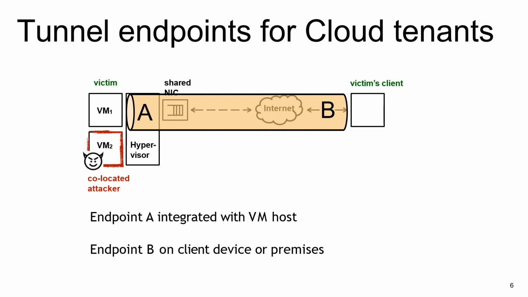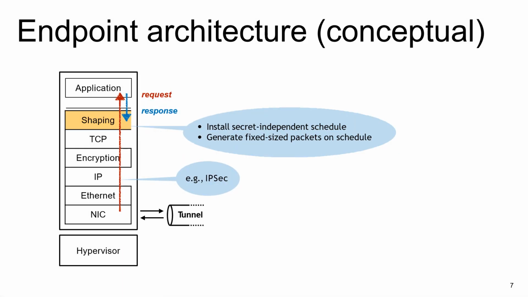one endpoint of the tunnel integrated with the virtual machine hosting the server, covering the shared NIC of the server, and the other endpoint should be implemented somewhere on the client's premises, such as a middle box or even on the client device. Here we describe the design of the tunnel endpoint for the application; the other endpoint can of course be implemented symmetrically. So conceptually, the tunnel endpoint can be implemented by adding a shaping layer right at the top of the traditional network